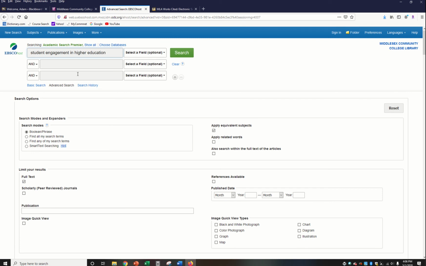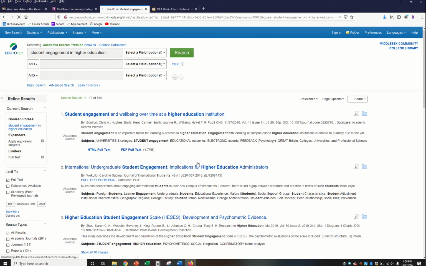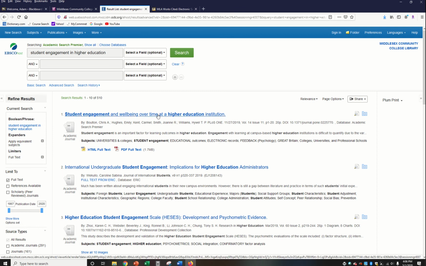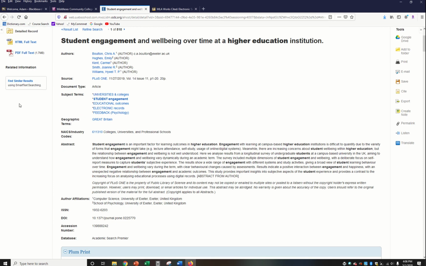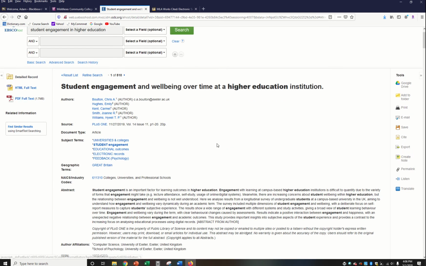Look, it came right up. Student engagement in higher education. Full text is clicked, so I'm getting full text. Okay, skimming. Oh, look, this one looks great. I'm interested in this article. I'm going to open it. And if I really wanted to read this, I would download full text. First, of course, I would read the abstract, see if it's worth reading, download PDF full text, and use it